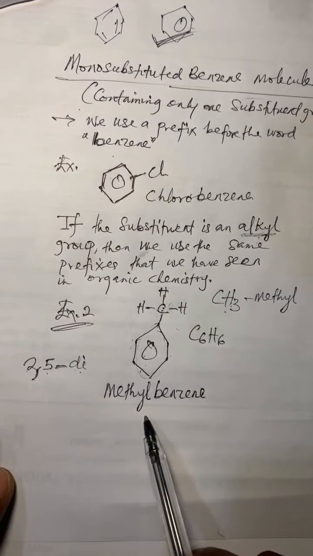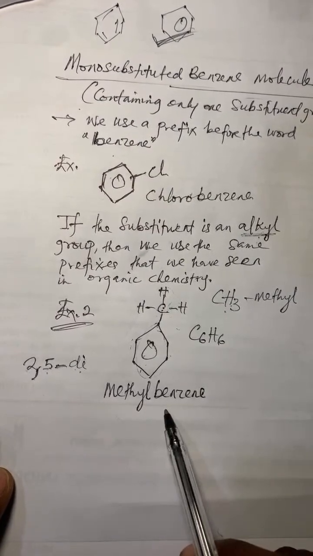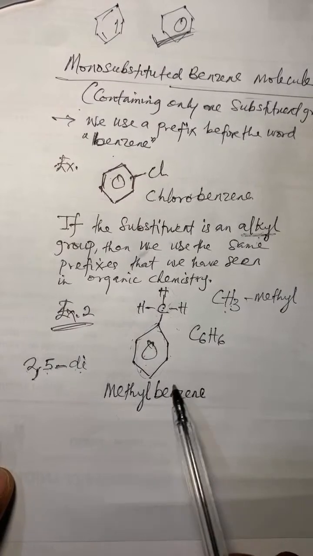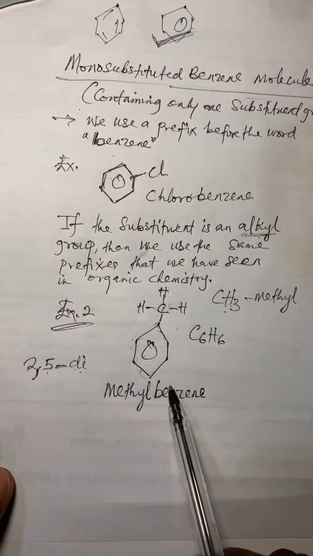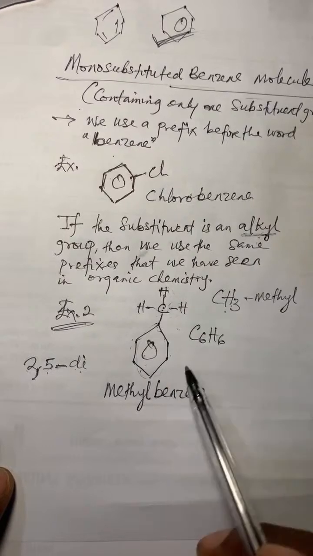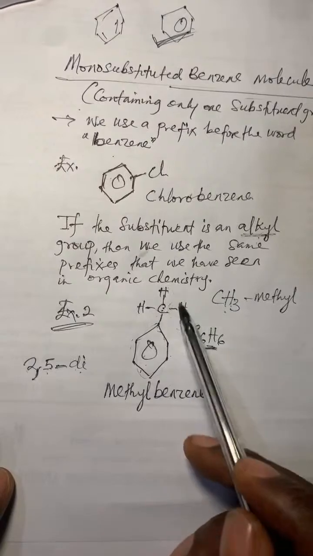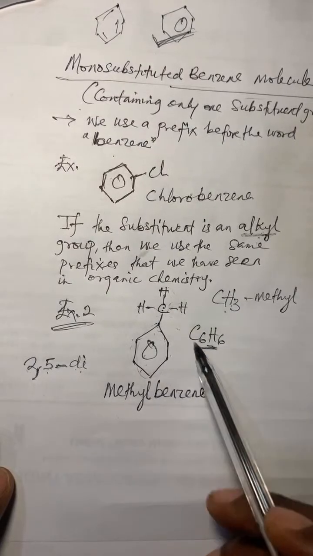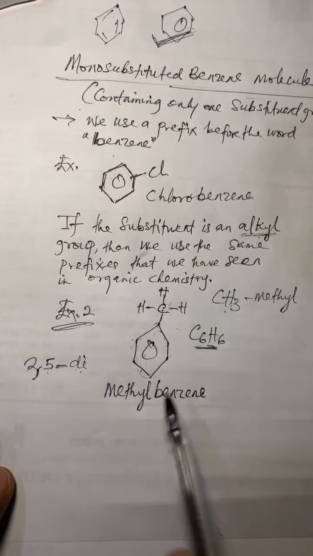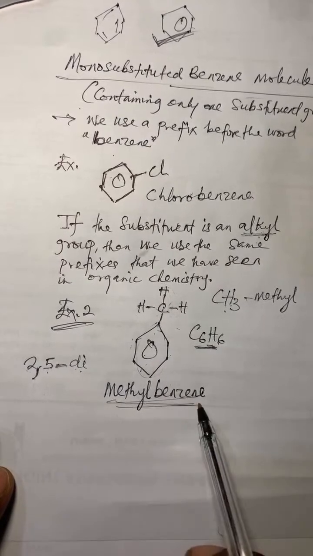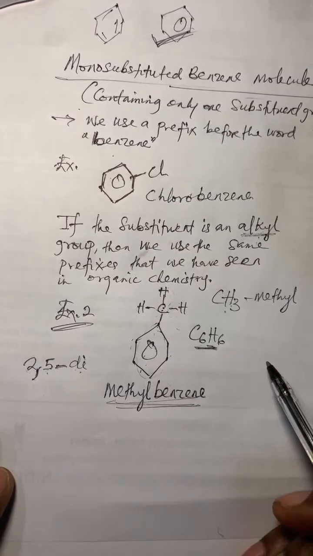Okay, good. So the name is methyl benzene. Did you get this, everyone? What if I ask what is the molecular formula for this? Since this is not ordinary benzene, since we have gotten something else on the benzene, what will be the new molecular formula? We've gotten the name to be methyl benzene. What is the molecular formula? Any idea, everybody?